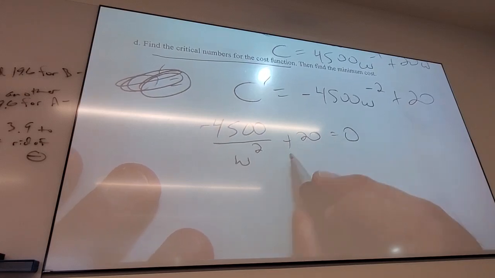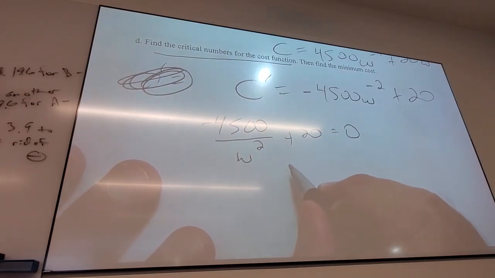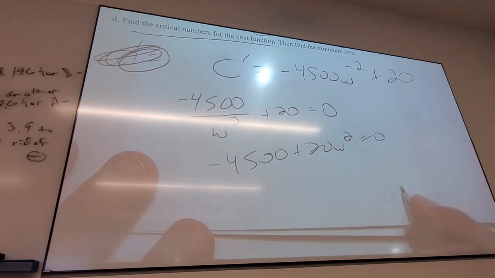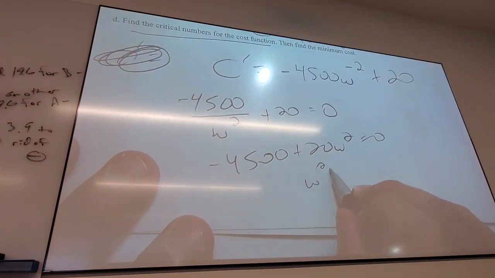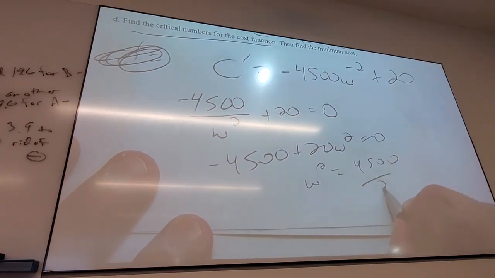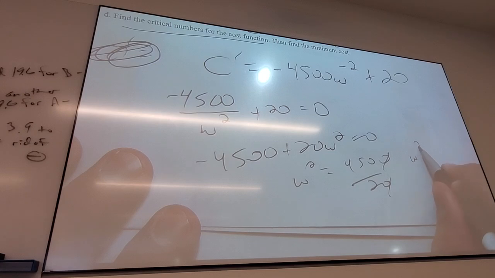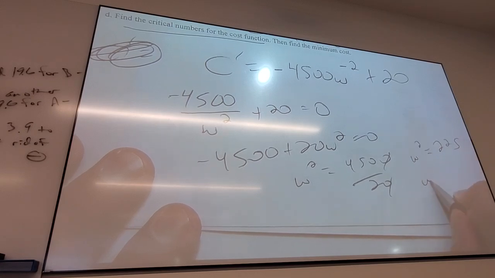Alright, so let's see. One thing I would do, alright, what would I do? I don't like the fraction, you guys like that fraction? First thing I would do is multiply by w squared. You don't have to. Then you bring the 4,500 over, divide by 20. Is that alright? 450 divided by 2 is, and then when you take a square root,